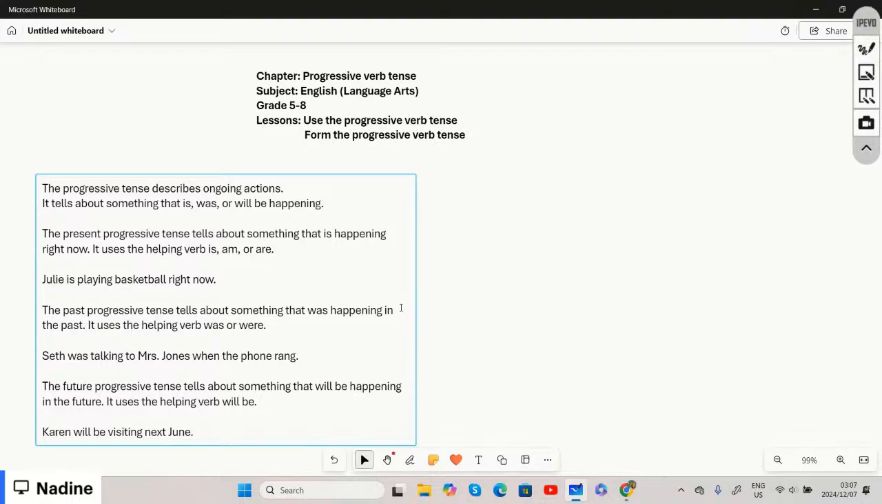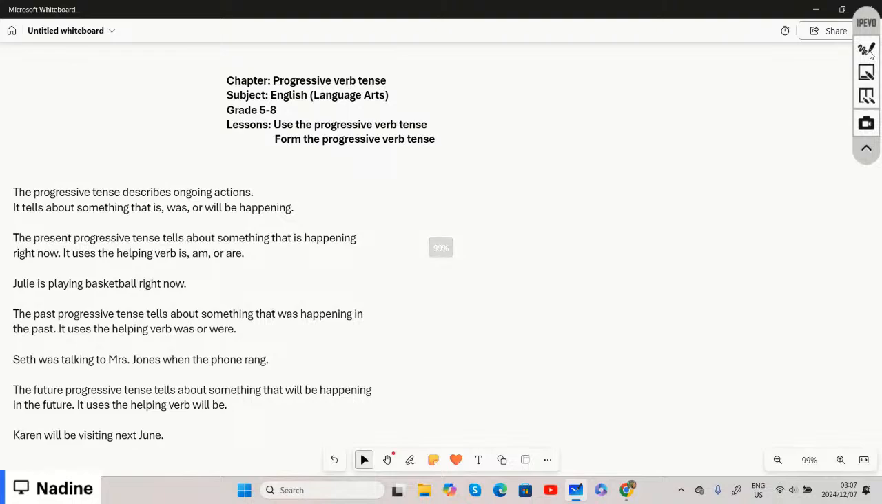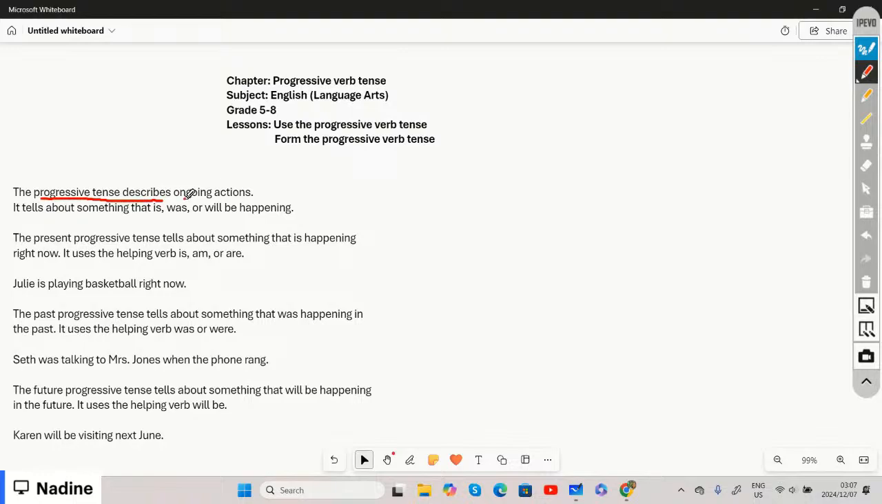But now we're talking about the progressive tense or the progressive verb tense. We already know verb tenses are action that takes place either in the present tense, in the past tense, or in the future tense. But progressive verb tenses describe ongoing action, whether it is in the present, in the past, or in the future. So progressive verb tenses show the ongoing action that takes place, whether it's in the present tense, in the past tense, or in the future tense,